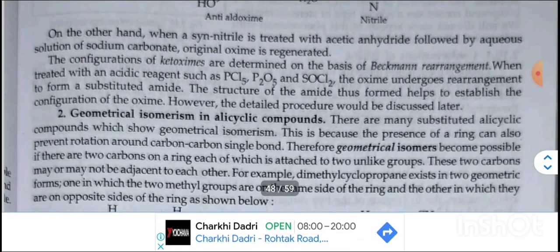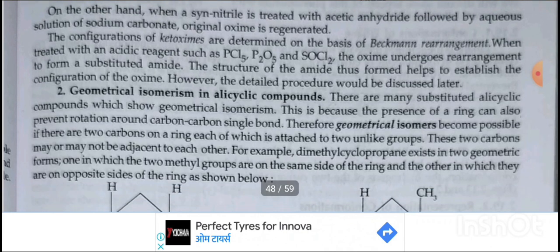On the other hand, when a syn aldoxime is treated with acetic anhydride followed by aqueous solution of sodium carbonate, the original oxime is regenerated. The configuration of ketoximes is determined by the Beckmann rearrangement when treated with acidic reagents such as